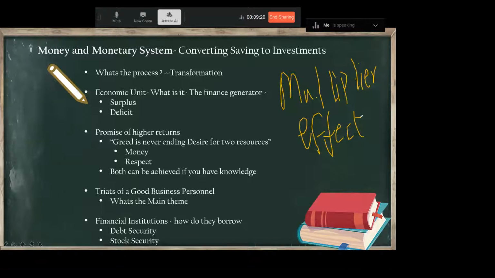Let's take a simple example. We know the relationship between interest rate and investment. If the interest rate becomes high, there will be less investment. You will not invest because the bank will give you more money than the market. Simple, right? Let's say if you invest the money in the market,